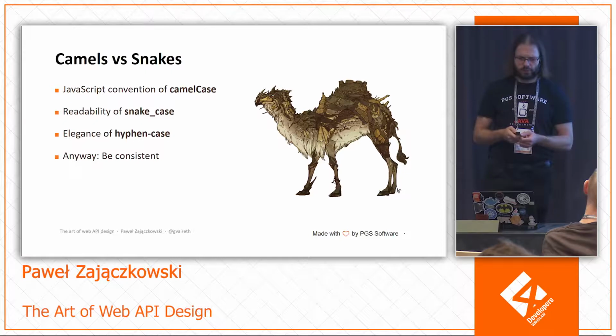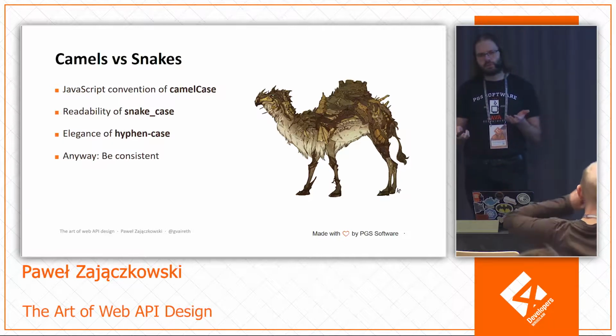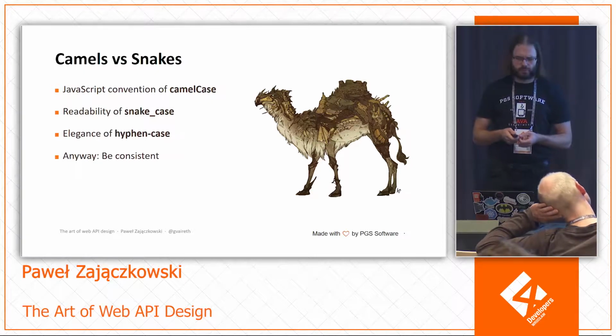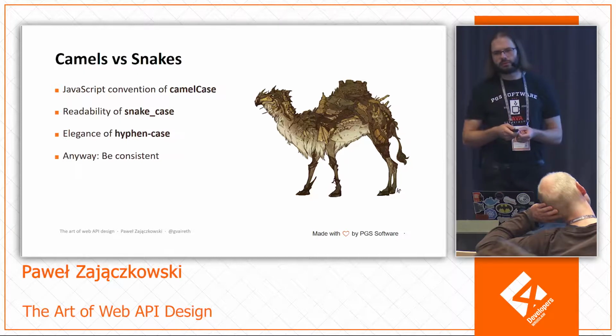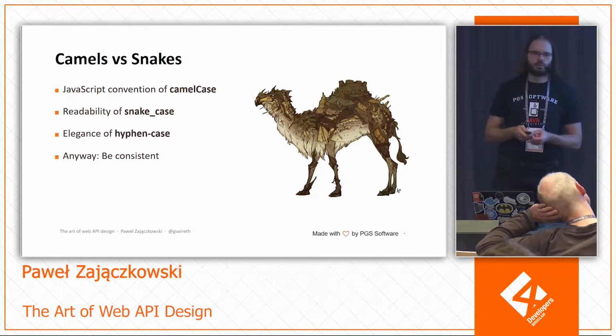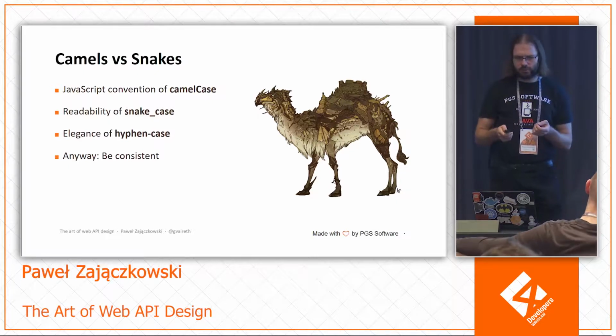On the other hand, people from snake case say, okay, with snake case you have this nice spacing between words, so it's more readable, and also you don't have to think about whether it's a small letter or big letter, they are all small. There's hyphen case, which has the problem that hyphen is also a minus sign. So in case of some automatic frameworks that convert names of the properties or objects to classes in programming languages, or names of the properties in a class, there could be some problem.